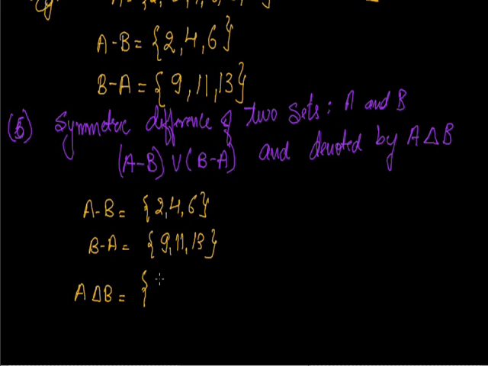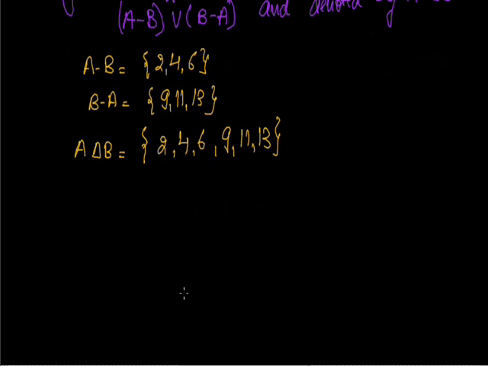Union means that it contains the elements of both the first set and the second set. So in the first set there are 2, 4, 6 and in the second set there are 9, 11, 13. So all these elements will come in the symmetric difference of two sets. Let's move to the next, the sixth one, that is